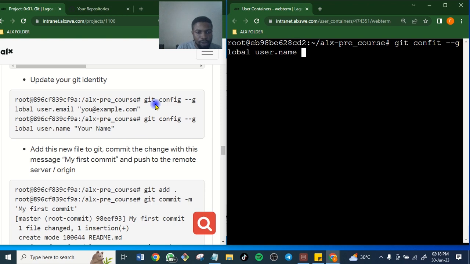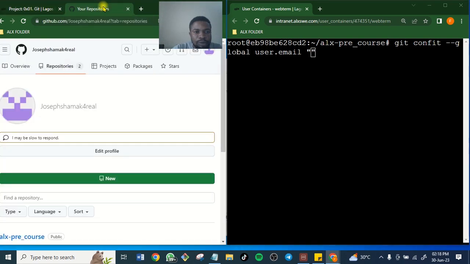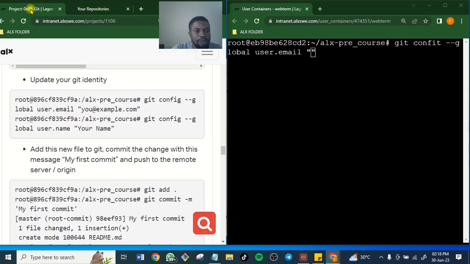Sorry, the first one is email. user.email. So what email are you using? Go and copy the user email address, which is this. That is what you are asked to put in there.